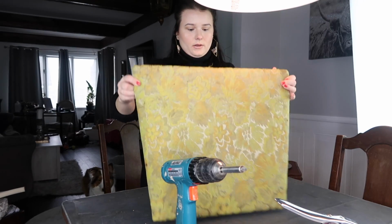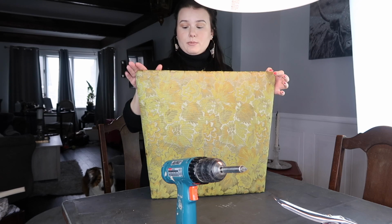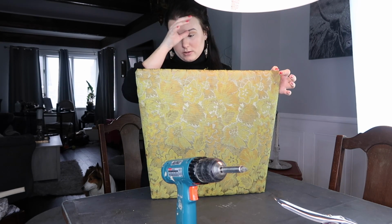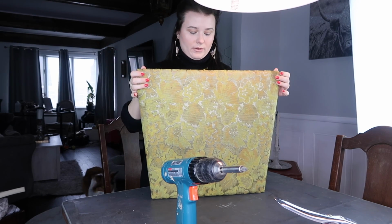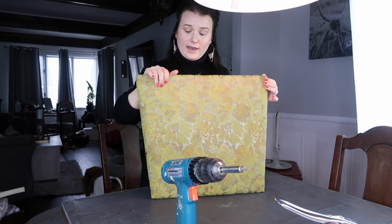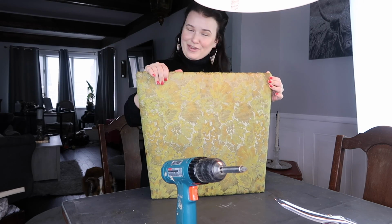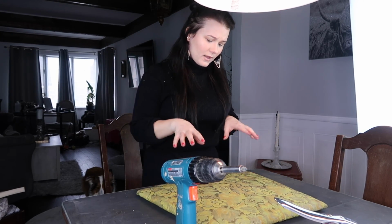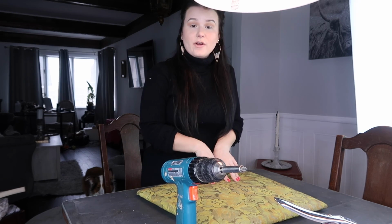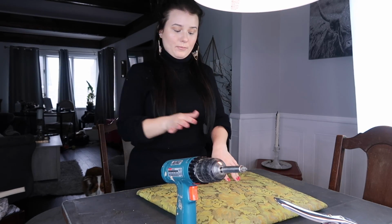I'm not gonna take off this upholstering. You could. This was done with nails, so you would just have to pry them back out. And the inside of this actually has hay in it. It's stuffed with hay instead of a pad. It's that old. So I'm gonna leave this on here just for extra padding anyway,